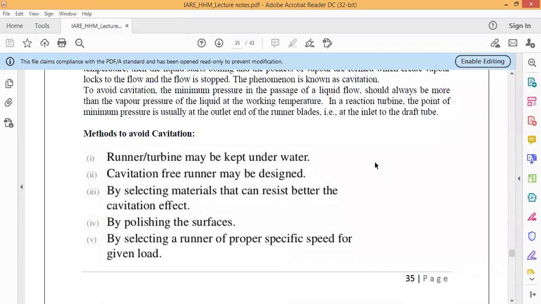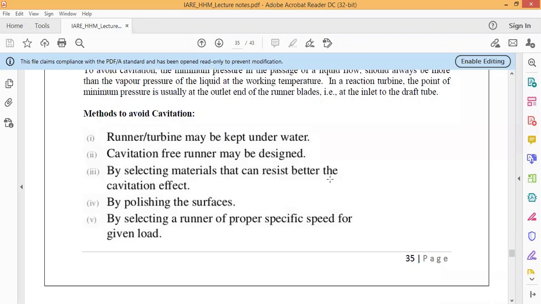There are some methods to avoid cavitation. First, the runner turbine may be kept under water, so we should keep the turbine underwater. The runners and all systems should be filled with water. A cavitation-free runner may be designed, so in the design part you can design it in such a manner that there is no empty space inside the runner. Also, by selecting materials that can better resist the cavitation effect, by polishing the surface, and by selecting a runner of proper specific speed for the given load, we can